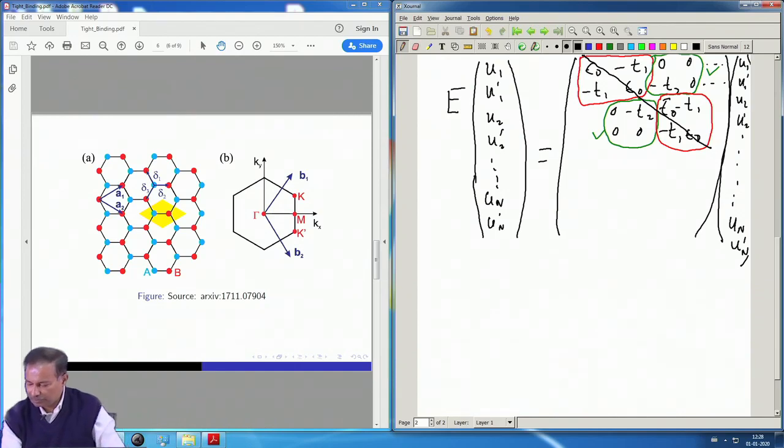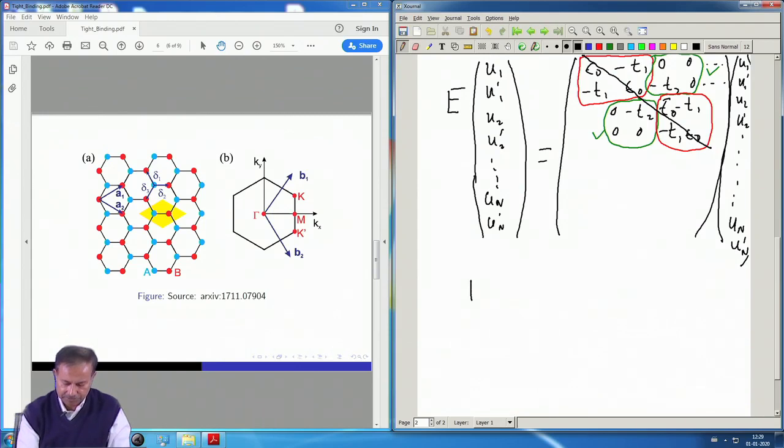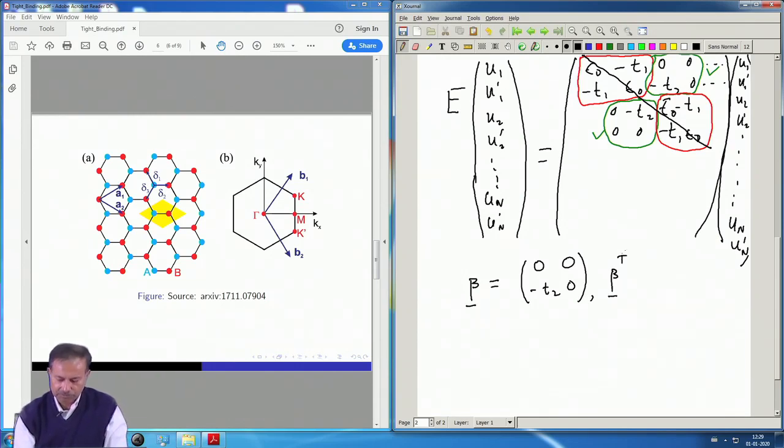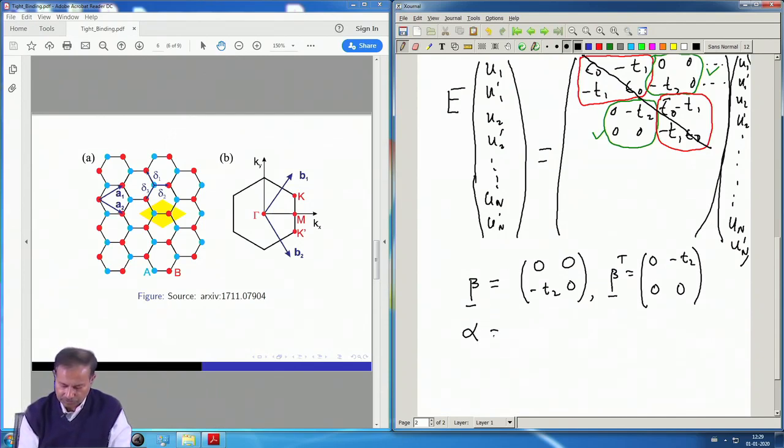So, then we defined something which we called beta, which is 0, 0, minus T2, 0, then beta transpose. I put an underline to emphasize that these are 2 by 2 matrices. So, this will be 0, minus T2, 0, 0. Then we had the diagonal 2 by 2 matrix, which is epsilon naught, minus T1, minus T1, epsilon naught,